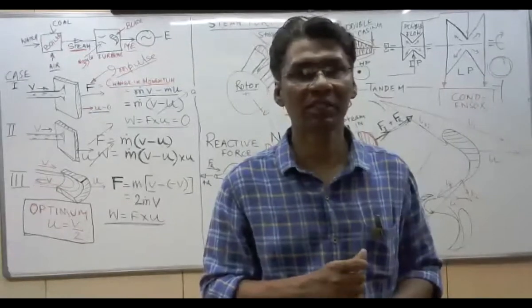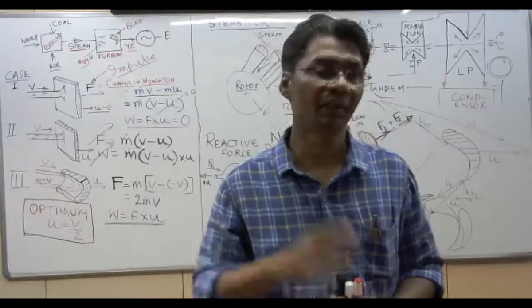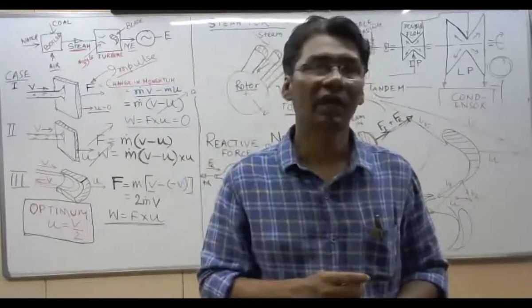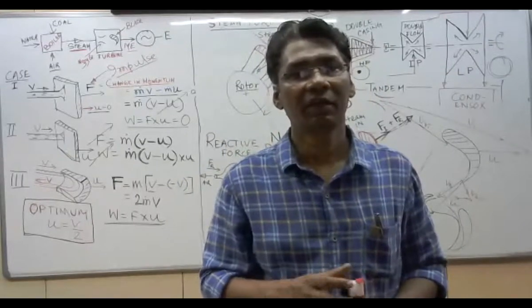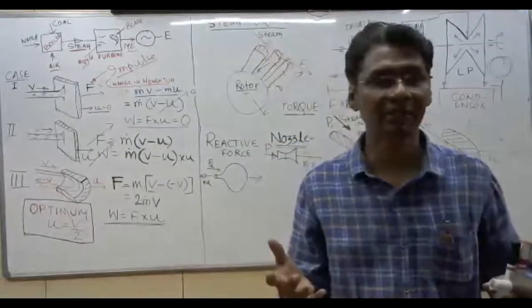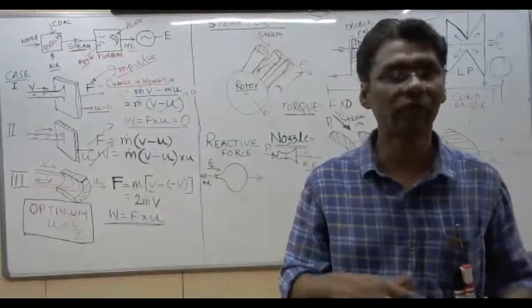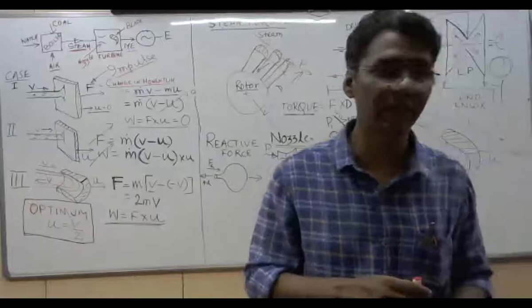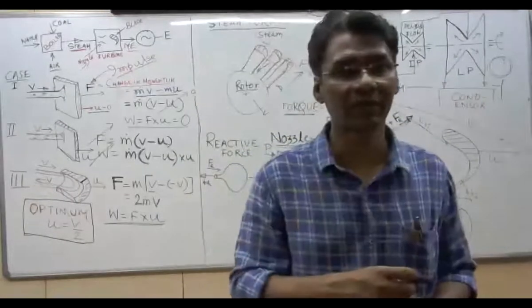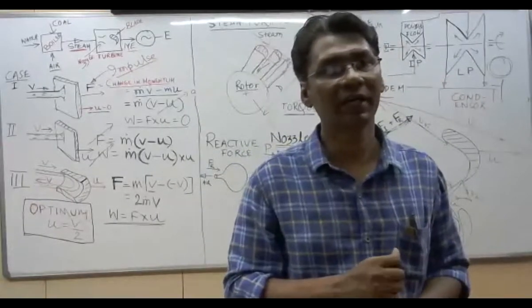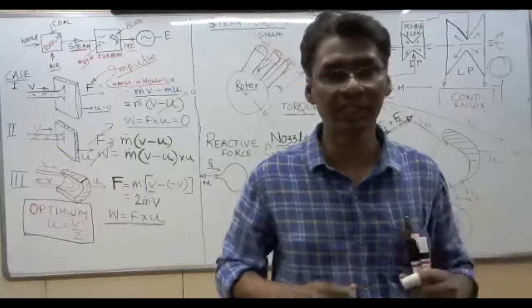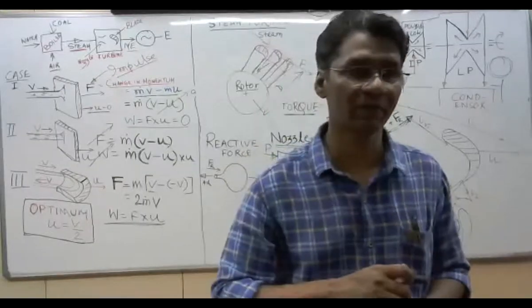What is the pressure of steam after the first stage and the last stage? At the entry of the high pressure turbine, it may be 160 kg pressure. Normally it is 140 to 160 kg pressure inside the turbine, depending upon the megawatt of the turbine. Suppose it is a 210 megawatt unit, then 140 kg steam enters the first stage of the turbine.